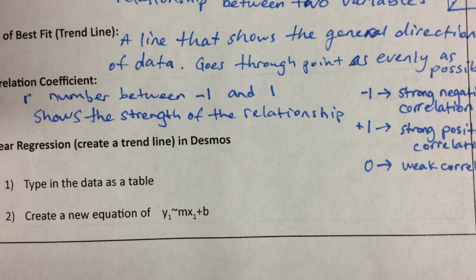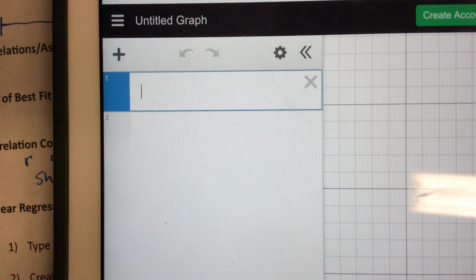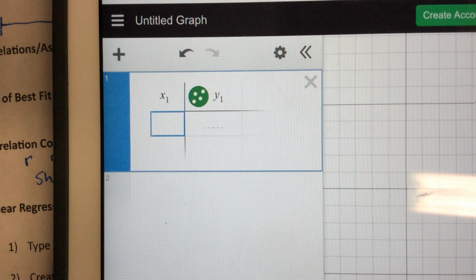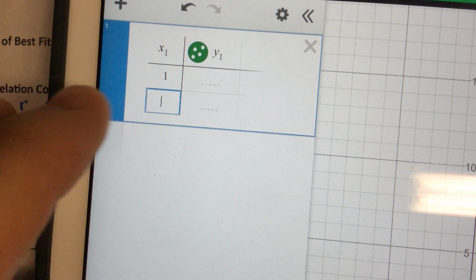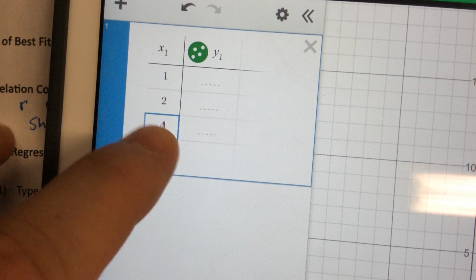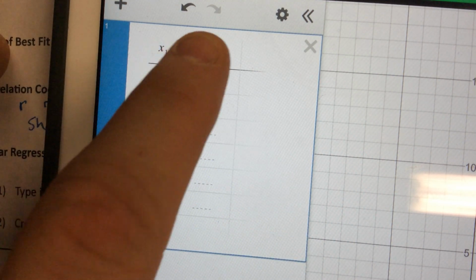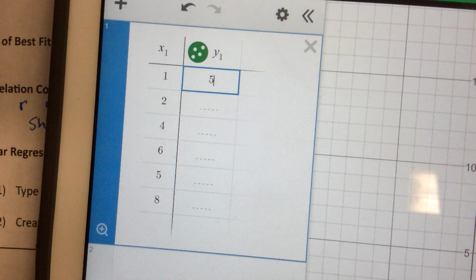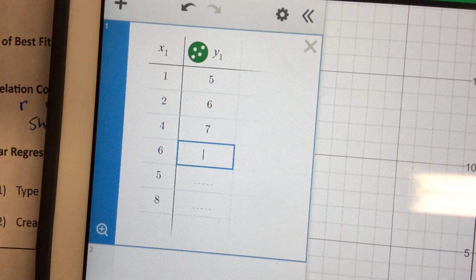So here's my Desmos. If I add a table real quick, I'm just going to put some random numbers: 1, 2, 4, 6, 5, 8, then 5, 6, 7,